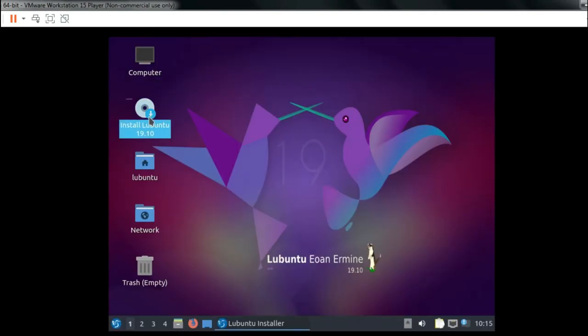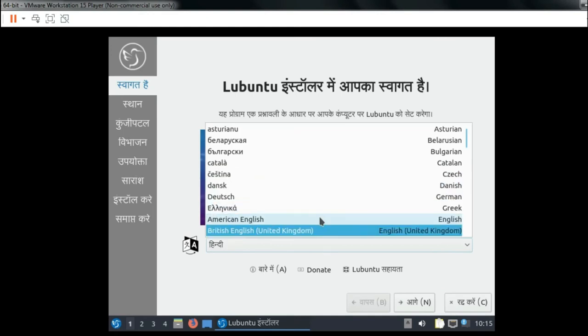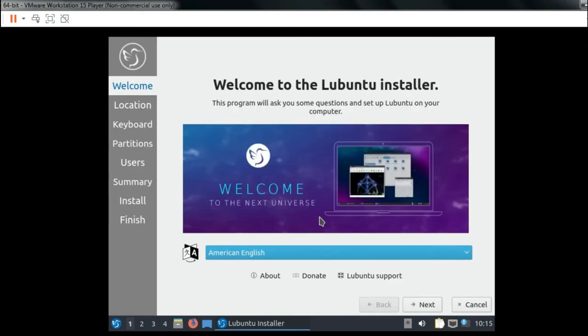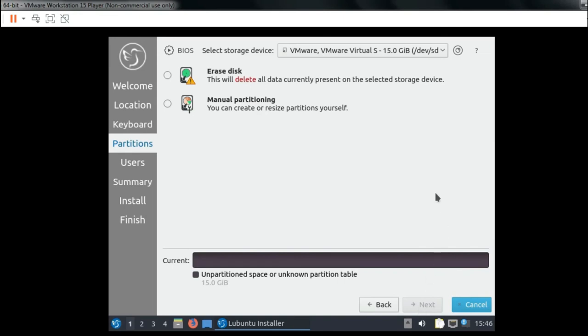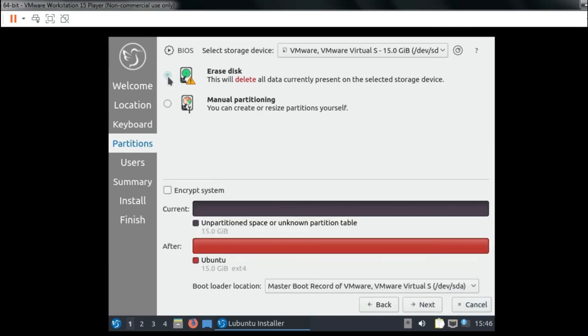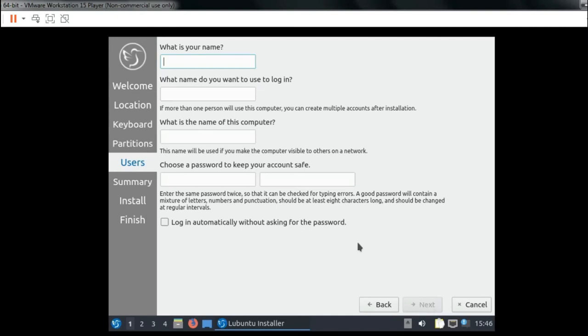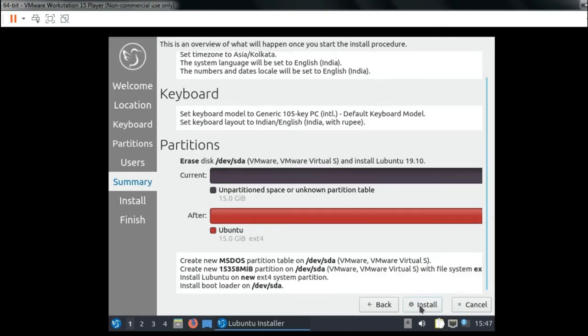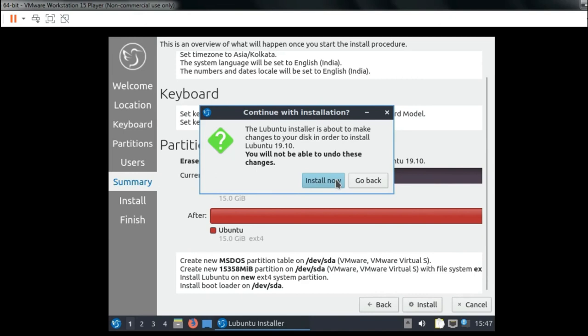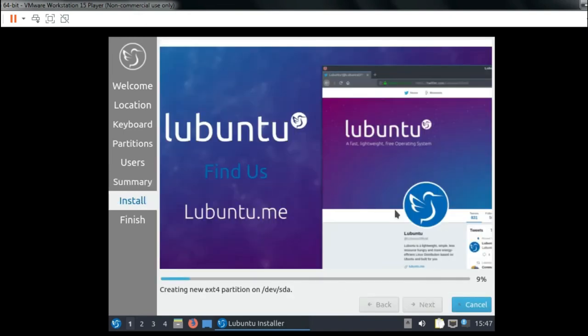You can click Install Lubuntu over there and then choose the language and click Next. Pick the language again, and you can opt for erase disk. Don't worry, it is not going to erase your operating data which is there in the operating system. Here you can give a username and a password, then click Next and click Install, then click Install Now. This will take some time.